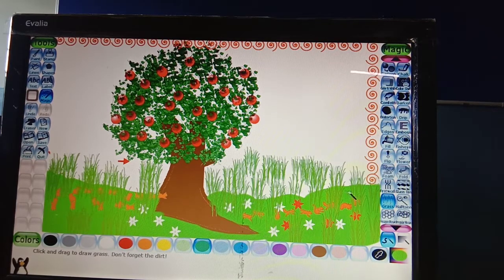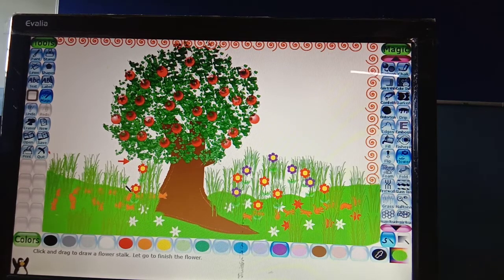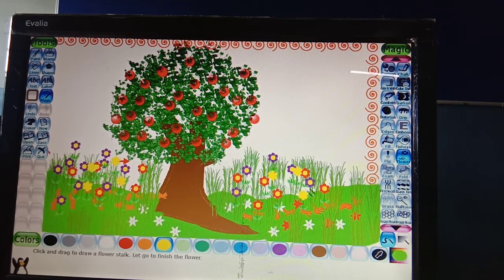Okay, you can have grass and you can have flowers there also. You can choose any color of the flower, just like this. Other colors are also there, just like purple flowers. Purple color flower. It's a very beautiful garden of flowers, with different types and colors of flowers available, like with grass. So is it looking beautiful or not?